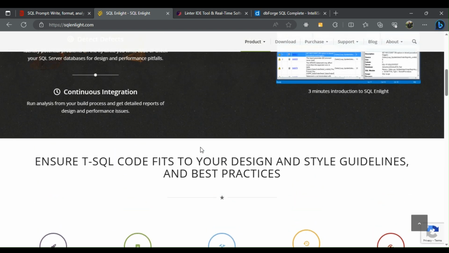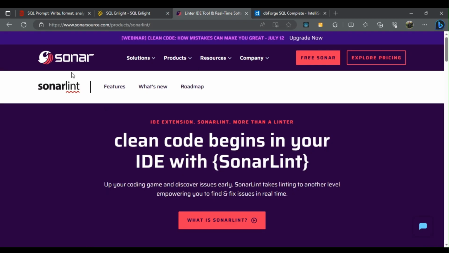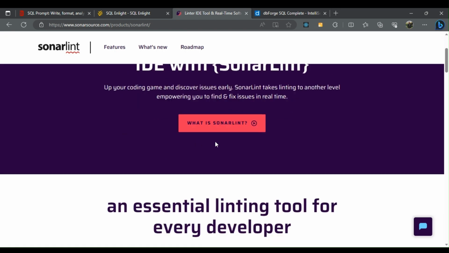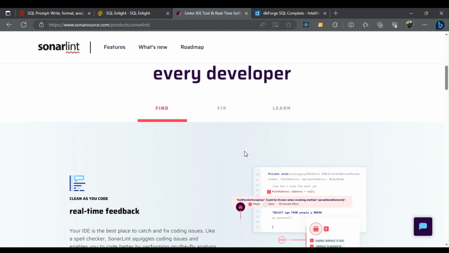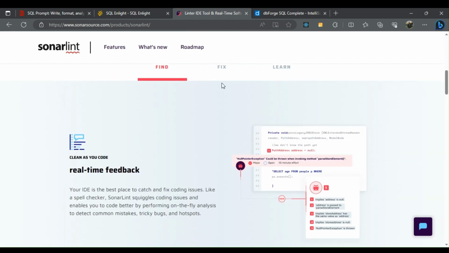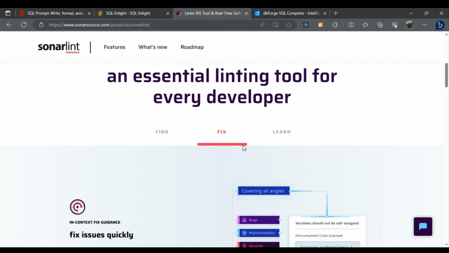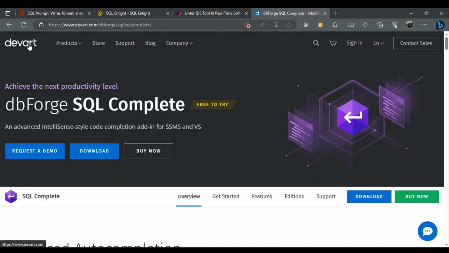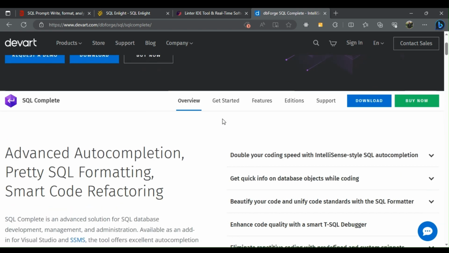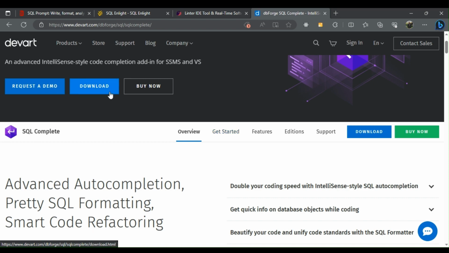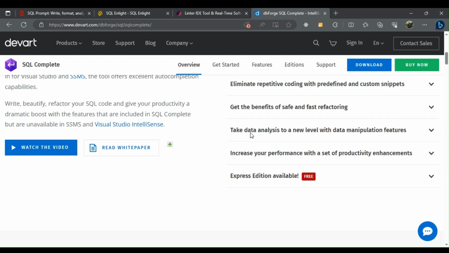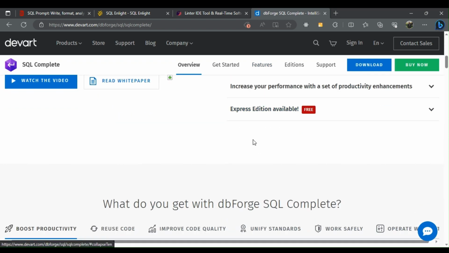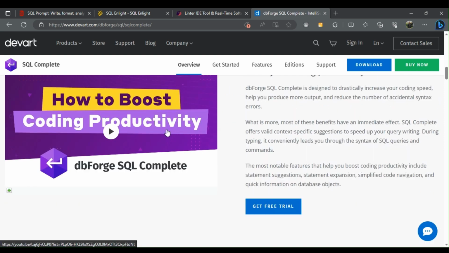vulnerabilities. 3. SonarLint. SonarLint is an open-source tool that helps in code analysis and has support for various programming languages that also includes SQL. 4. dbForge SQL Complete. dbForge SQL Complete is another tool to help you in writing better code. It is a commercial tool that offers code completion, code formatting, and code refactoring for SQL Server, MySQL, Oracle, and